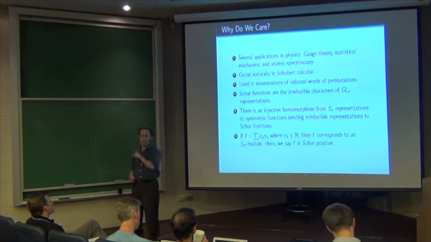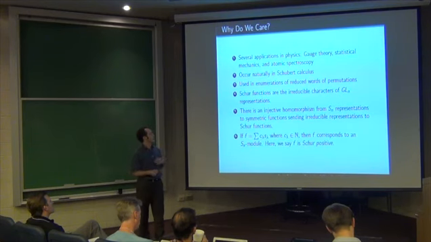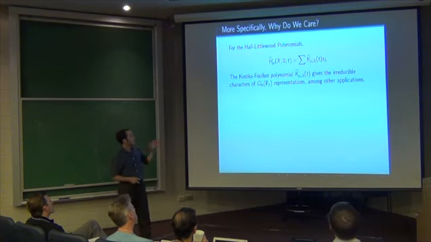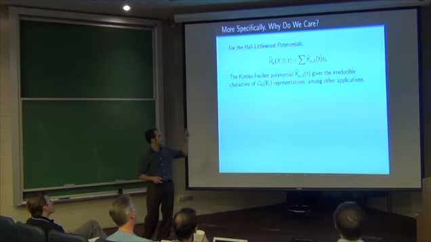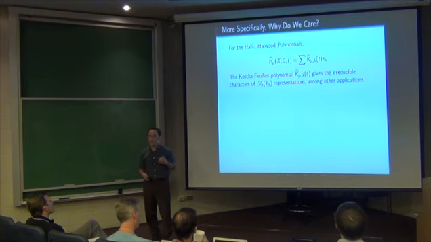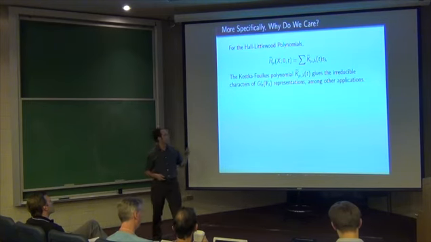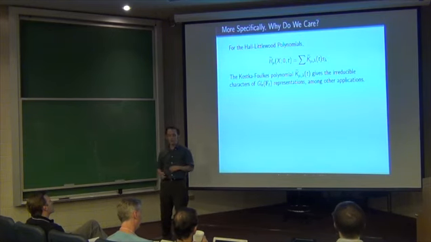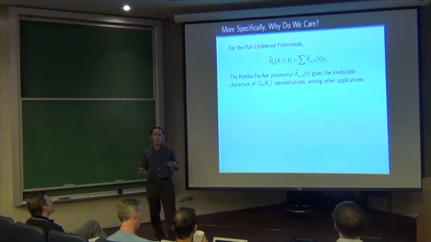Of course, we care about Schur functions for lots of reasons, including physics and enumeration and Schur calculus and representation theory. But just to draw your attention to one that you may or may not know, in the case of the Hall-Littlewood polynomials, that thing on the left, if I expand that into Schur functions, by the way, that's my modified Hall-Littlewood polynomial, my coefficients are my Kostka-Foulkes polynomials, and those give irreducible characters of GL_n representations, where t is a prime. So that's kind of neat. You get a polynomial. Then you decide what prime you want, so you plug it in, and